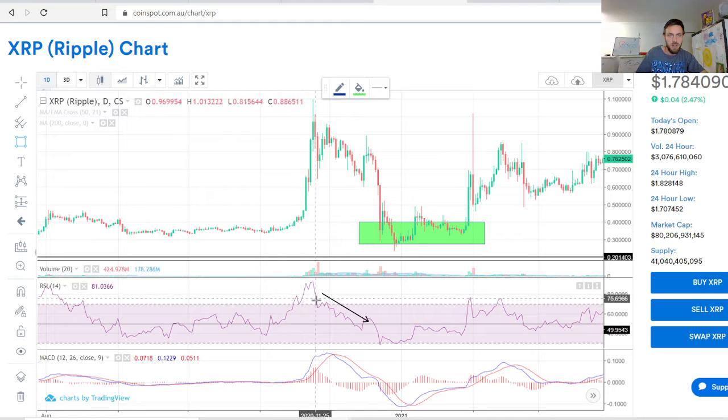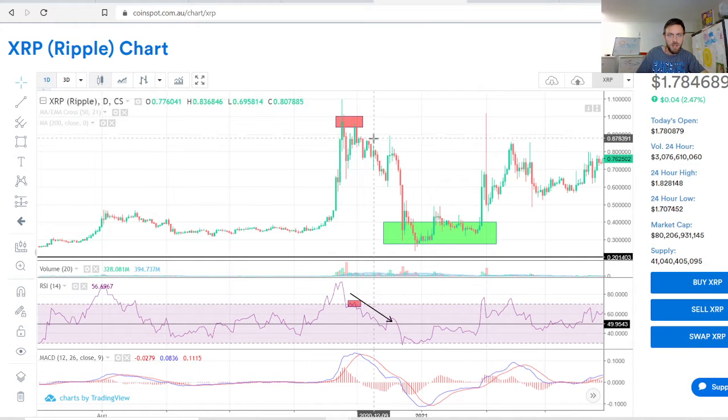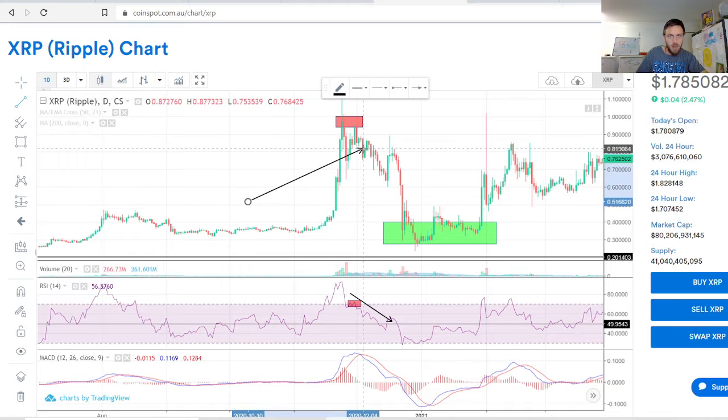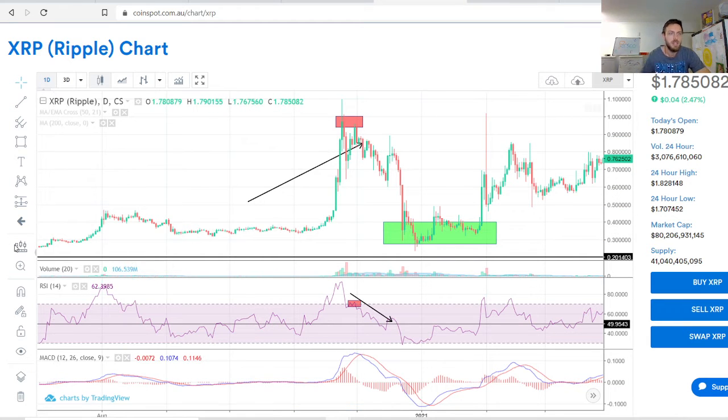And then what do we get here? We don't get a higher high. And what do we see on price? We see price can't break out past the previous high. So by the third touch there on the RSI, you could at least take some profits, take half of it out, and then even if you buy back there, that's 20% cheaper. That's a huge swing. All right, yeah, CoinSpot doesn't have the best split and their fees aren't great,